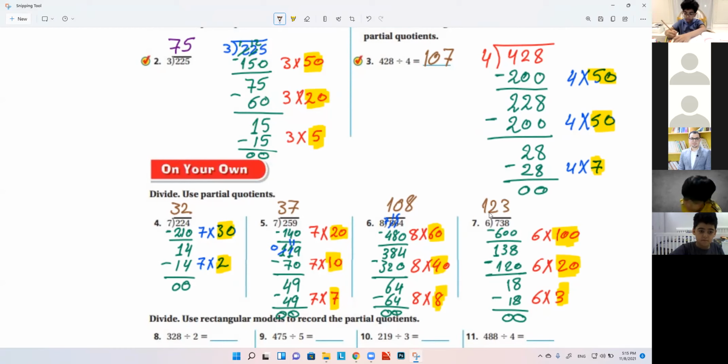Okay, that's it for today, guys. That's our lesson. So write this. You have to write all the steps, guys. It's so important to write the steps. You can't understand the lesson without steps. Okay, that's it for today. Thank you so much. Don't forget to check your homework on Think Central.